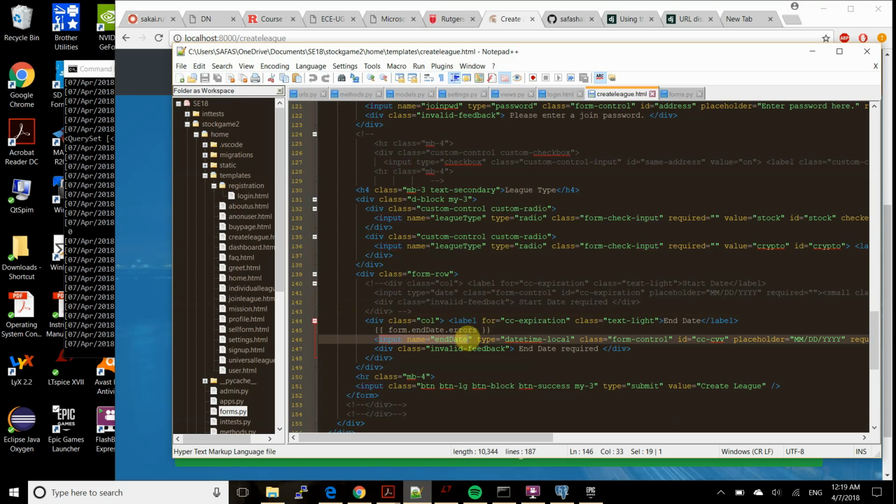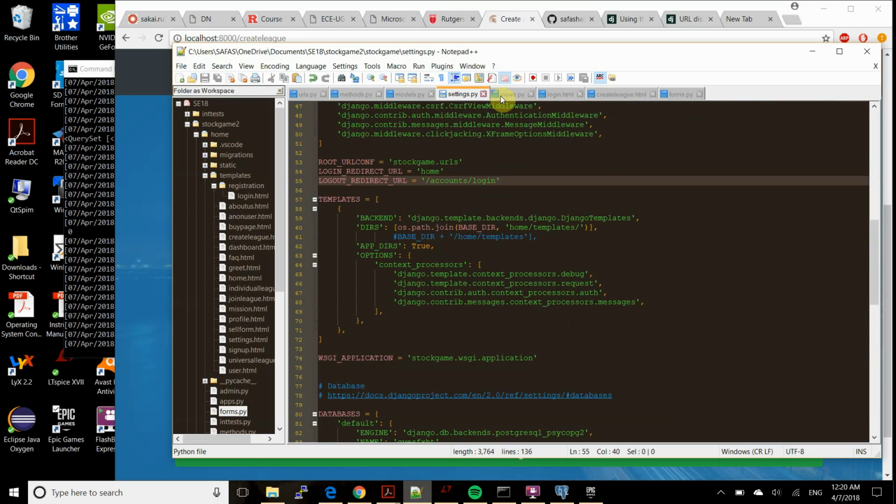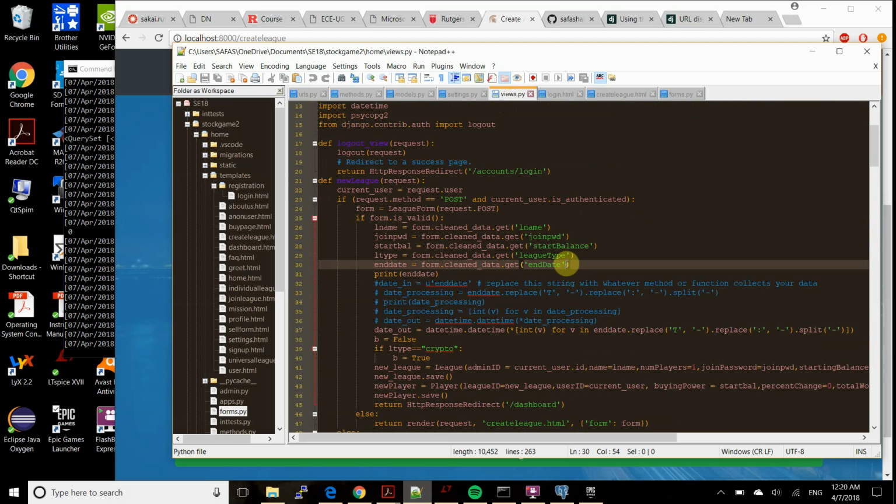So your input part, and whatever you specify as your name, needs to match exactly what you're trying to get from the form. Then you go back to your views.py here. You get the end date from the form and save it as whatever that returns. This was just a debug print. Then I would just parse it to get the right thing. But we probably won't have to do this for a lot of the fields. This was just the most